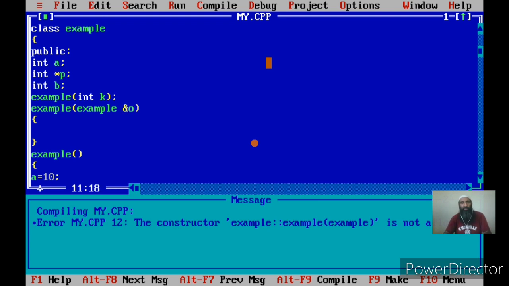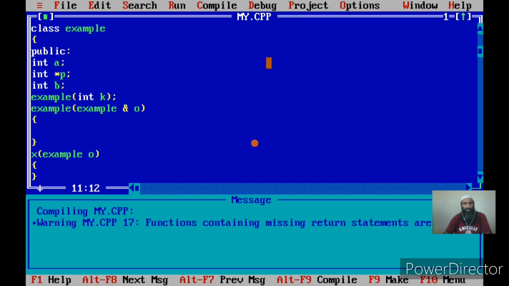If I pass the object as a reference parameter, that is allowed. But for any other member functions, this is not a problem. Suppose I have got a member function x. Because you might feel that this rule applies to every member function. Since I have already shown you how we pass objects to member functions, we can even pass objects of type example to the x as a value parameter. Okay, there is no problem. But with a constructor, if you pass it as a value parameter, there will be a problem.